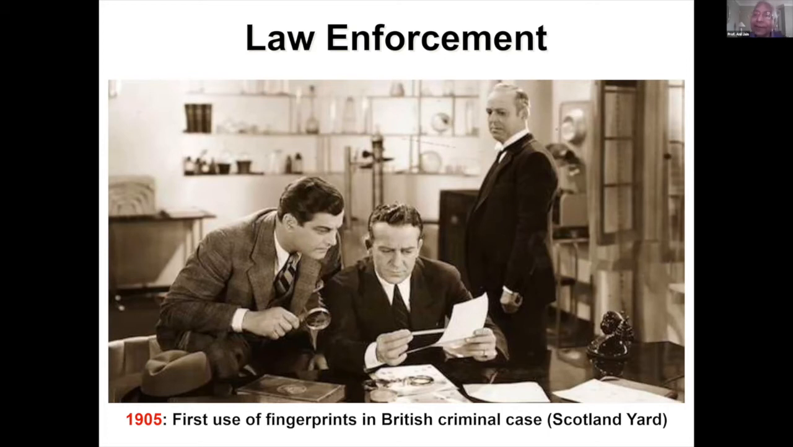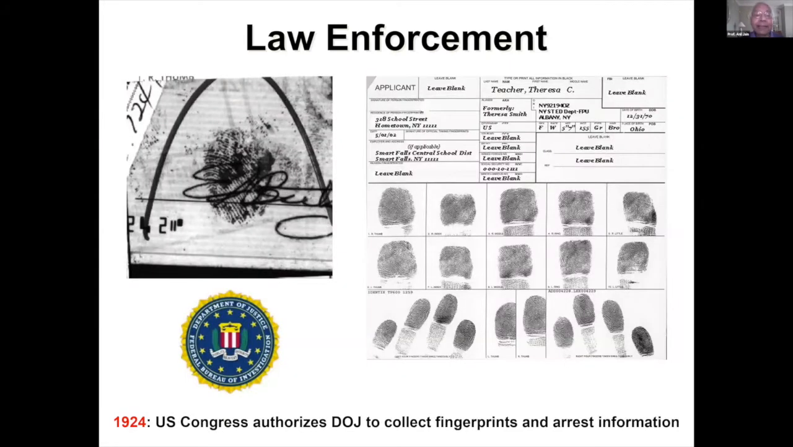Habitual criminal, or when at a crime scene you leave a partial fingerprint, then we want to know who the culprit is by matching him into the criminal database. But you can imagine this was a very tedious process. Then in 1924, the United States Congress authorized the Department of Justice to collect fingerprints and arrest information, and that's when the FBI was